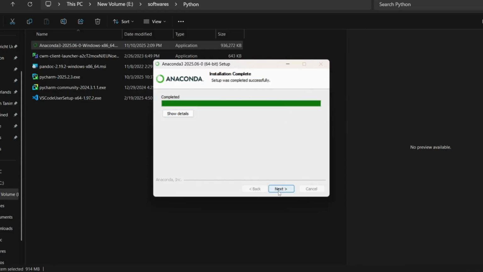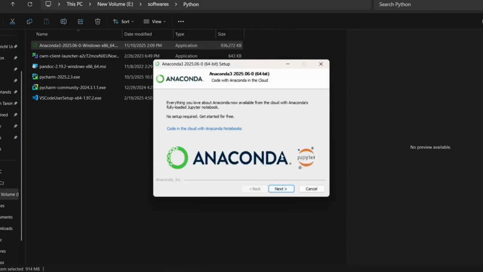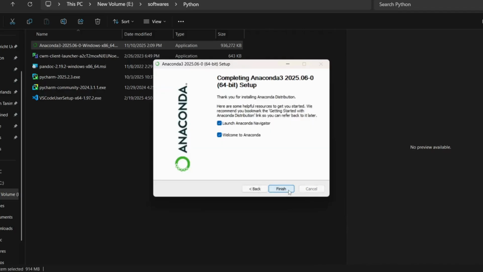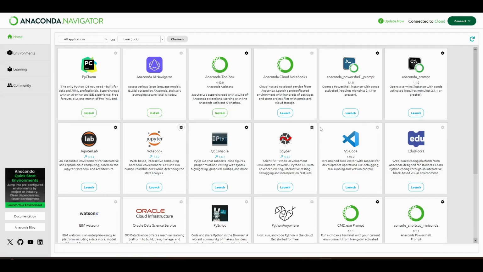So we'll go with all the recommended settings. Okay, now it's complete. So click next. And here you have the option to launch Anaconda, so we'll do that. This is the Anaconda Navigator. Anaconda is basically a collection of various apps including PyCharm, Visual Studio Code, Jupyter Notebook. So it's a den for data scientists or data nerds. But we need Jupyter Notebook, so just click on launch